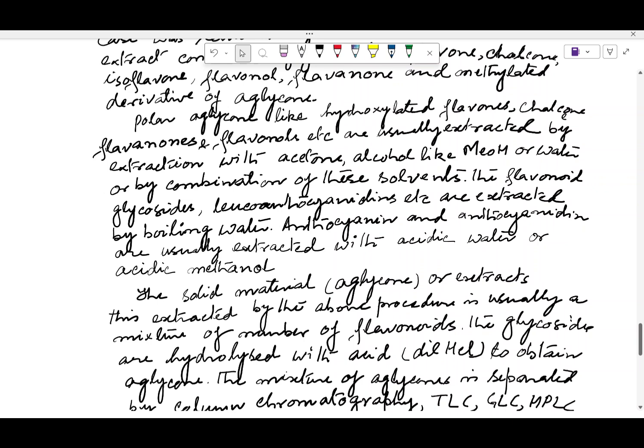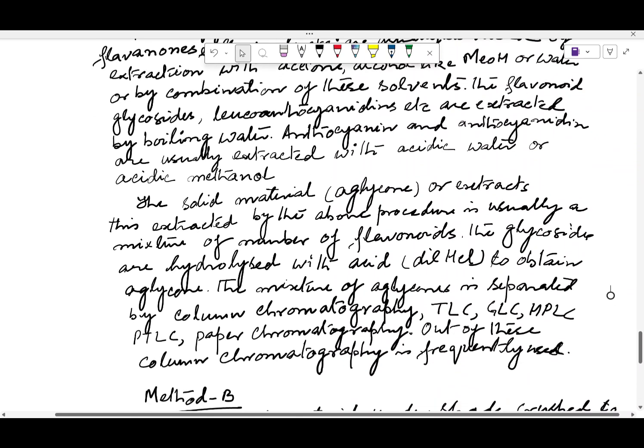And if your compound or your plant contains the glycosidic part, then the procedure is a different one. In that case, either for leucoanthocyanidins or the glycosides, you have to extract the plant material with boiling water.